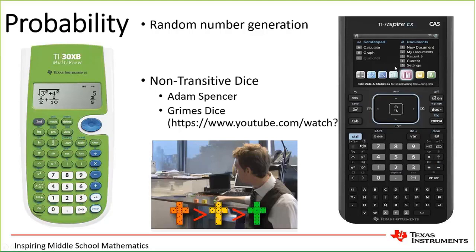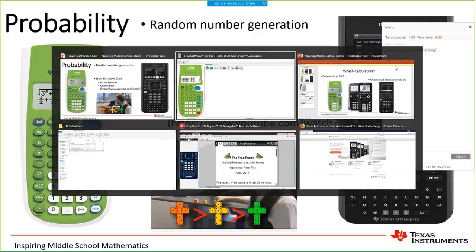The idea is if you're playing a dice game against somebody else, and you've both got standard 6-sided dice numbered 1 to 6, then it's actually 50-50 as to who will come out and win, okay? Because if you're saying that the larger number is the winner, then you'll win some and your partner will win some. But if you want to set up a situation where you always win, then you look at the numbers that are on the dice. And you can set up this situation using your calculator